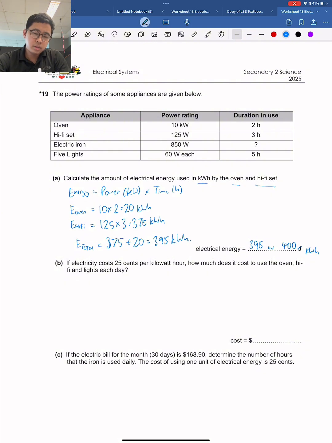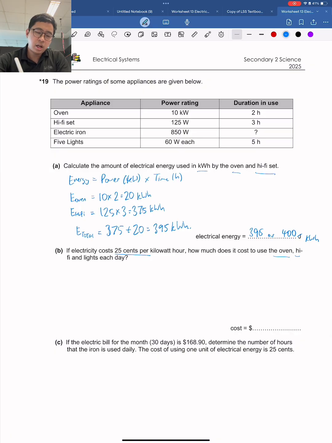Okay, so if the cost is 25 cents per kilowatt hour, how much does it cost to use the oven, the hi-fi, and the lights? So let's call it this total 1, okay? So then this total 2. So what happens if we want to calculate the E total 2, right? So we want to calculate the energy of the lights. So in this case, the light actually is 0.06 times 5, which is equal to 0.30